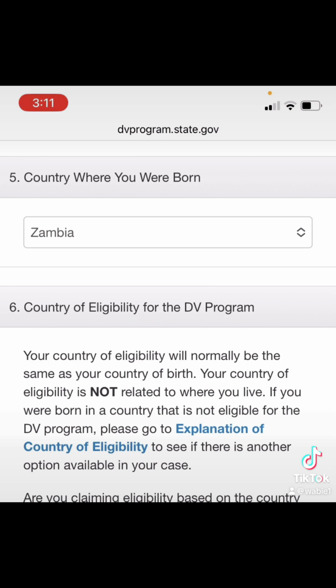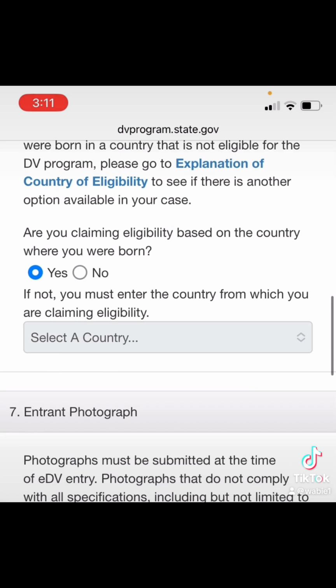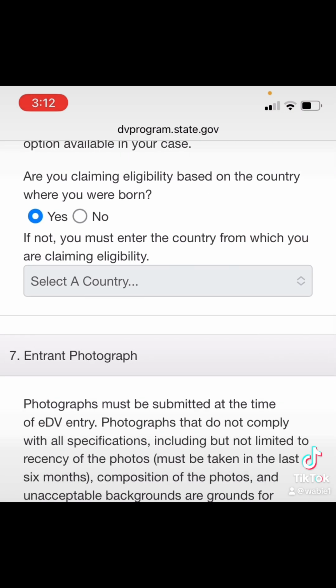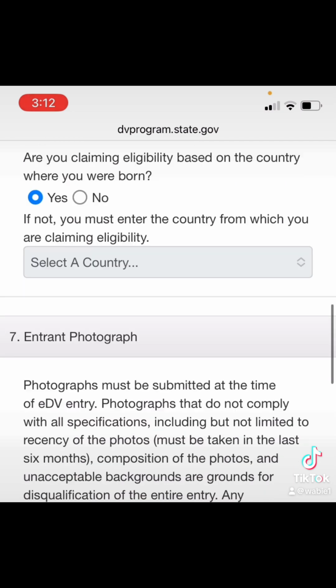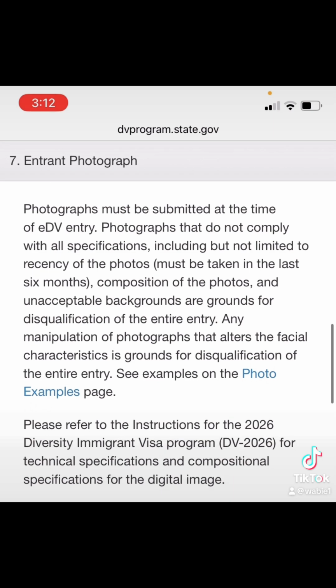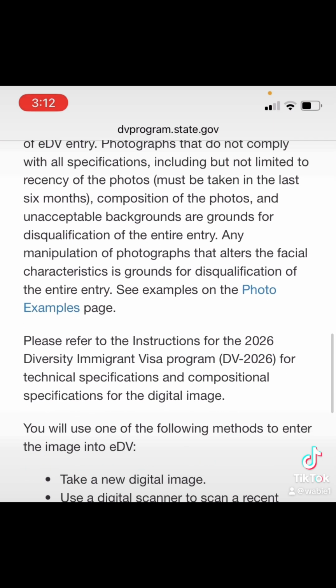So this is what section B of 6 is talking about. Our John Banda, in our case, was born in Zambia and he is claiming his eligibility from Zambia. So go ahead and say, are you claiming eligibility based on the country where you were born? Yes. All right. That leads us to our seventh thing, which is